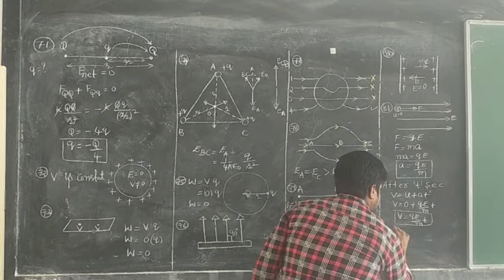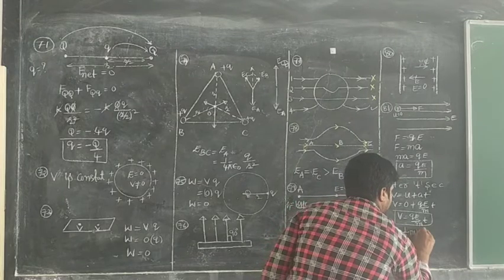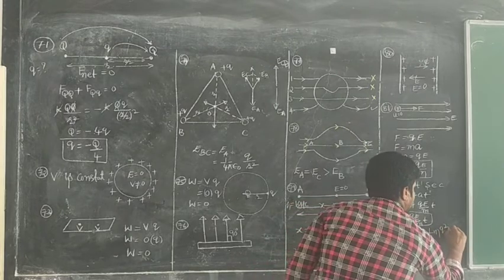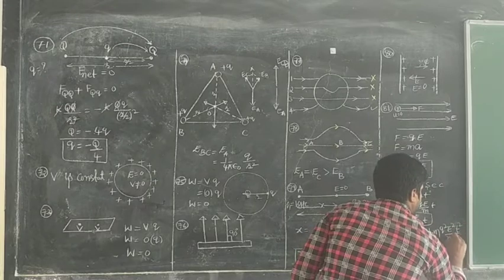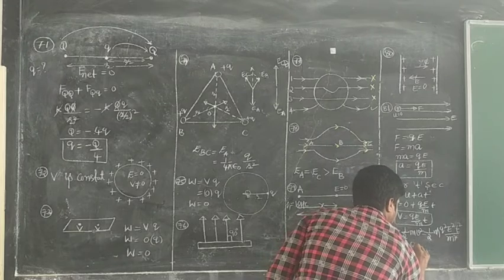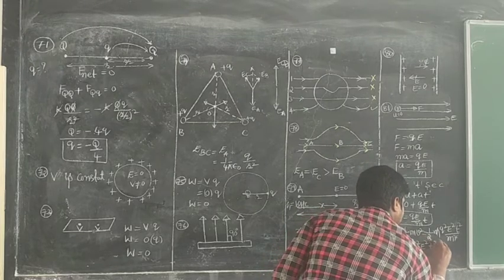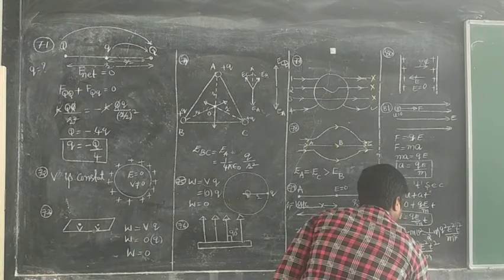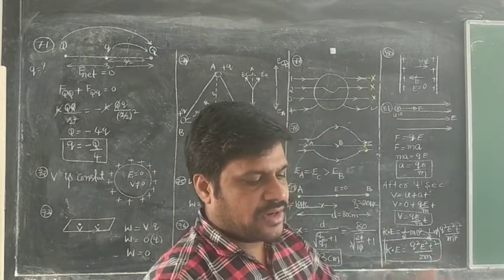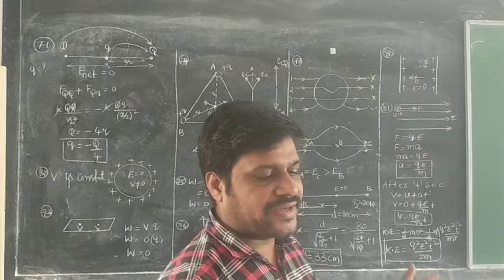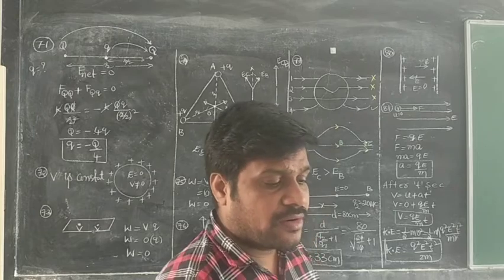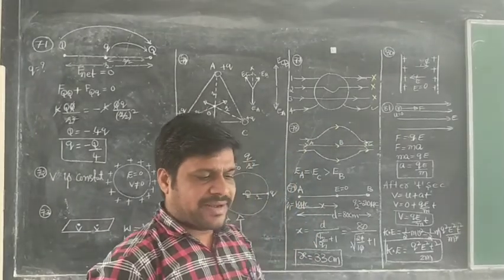Then the kinetic energy. What is the kinetic energy? It is half m v square. Half m v square means q square E square t square divided by m square, one m cancels. So the kinetic energy of the charged particle is q square E square t square divided by 2m. Now this is what we have to find out. Which option is correct? E square q square t square divided by 2m. Yes, of course the option is there, that option is here. Option C.